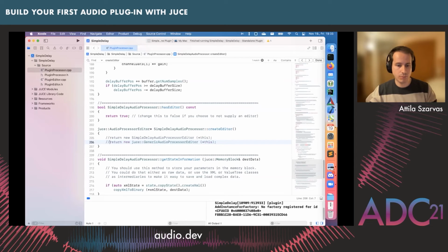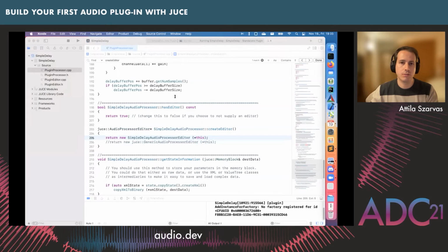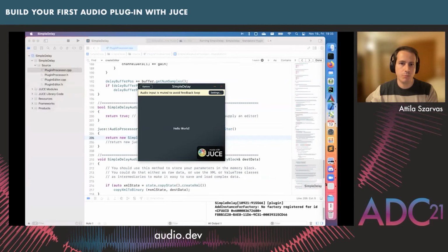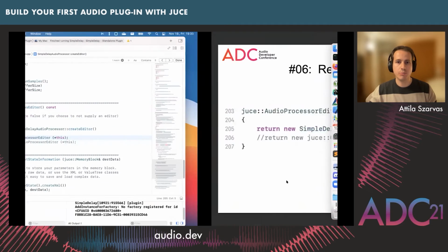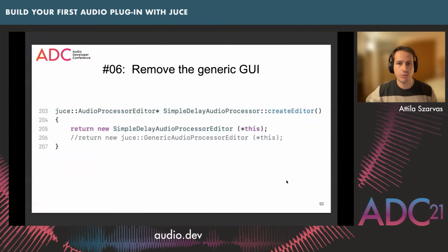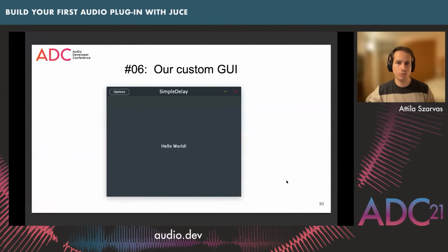I am going to comment out the generic part and enable the simple part. And we are just going to take a quick look at what it looks like. So basically we just have a hello world graphical user interface. And before we modify it, let's take a quick look at the code that is responsible for drawing